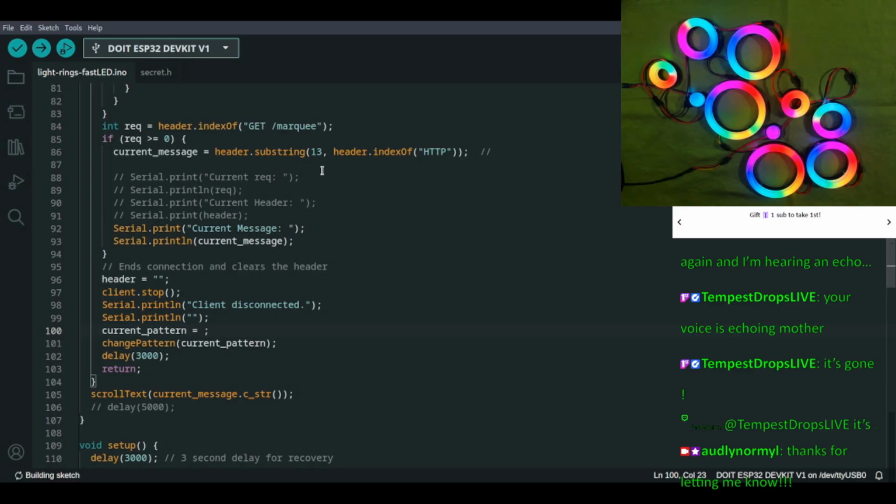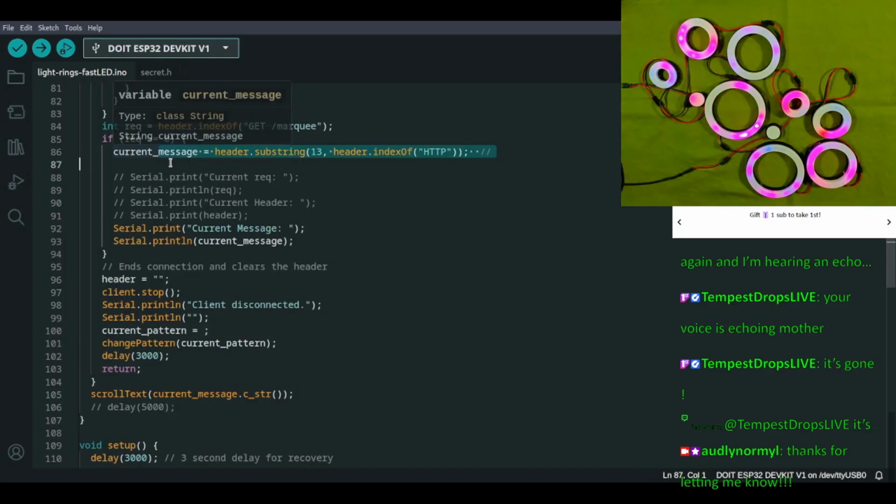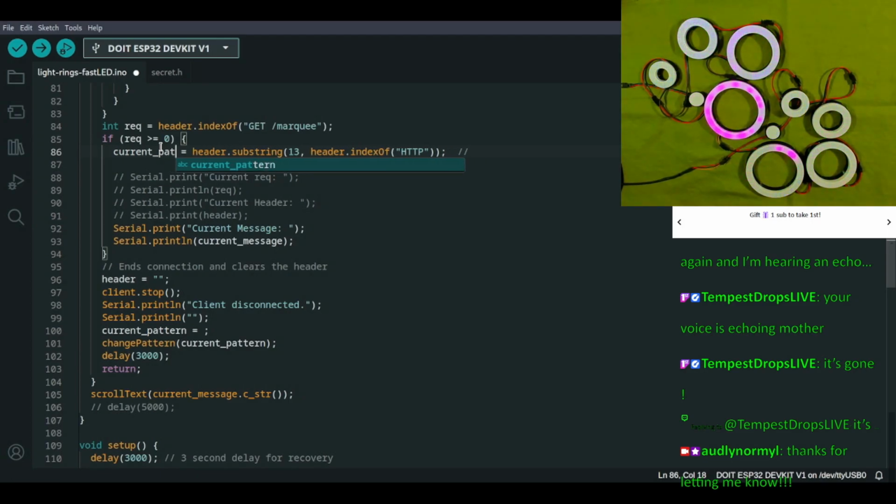Sort of like we were doing with the WLED where each one had a number associated with it. So current message will become current pattern, if I can spell. And then header substring will be the same.